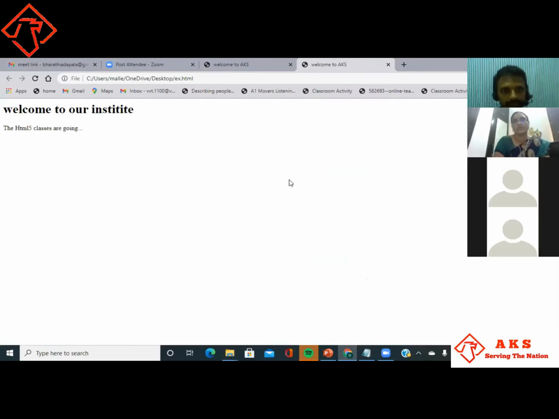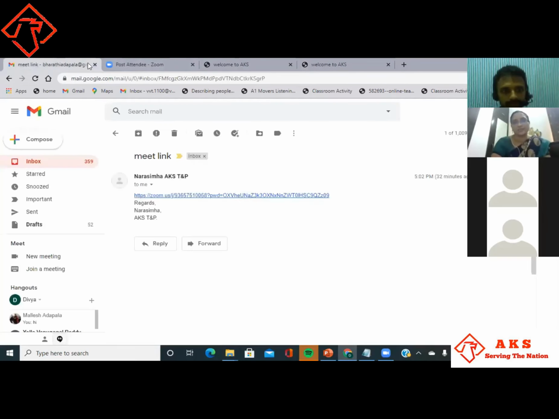Okay, today we have learned what is meant by HTML, the introduction of HTML, and how to write it, which type of editors we have to use, like Notepad. And we have learned some of the tags: title tag, head tag, and body tag. And one of the main